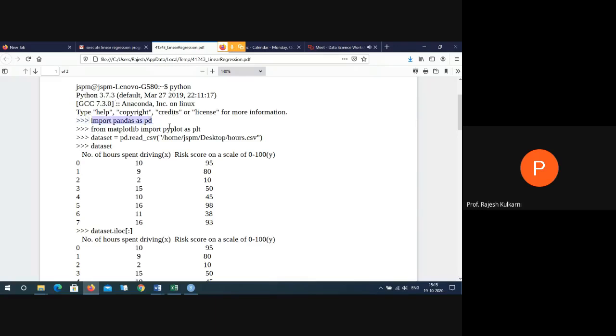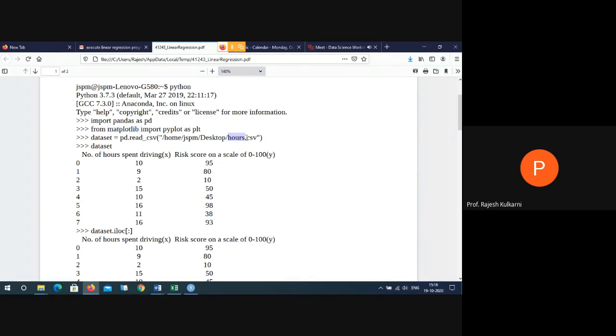We know that Python is basically an interpreter, one line at a time. So first line, what we are doing is pandas, which are used for representing data, numbers, manipulation, mathematics, science. So pandas is a tool which needs to be imported in Python. So we are importing it, and its alias name is PD. Then if we want to draw graphs, we need pyplot, and pyplot is imported from matplotlib library.